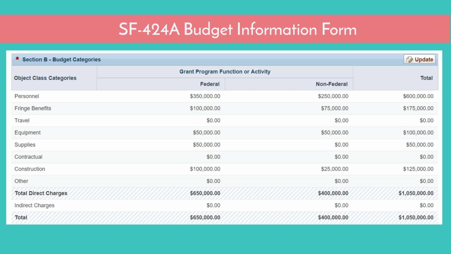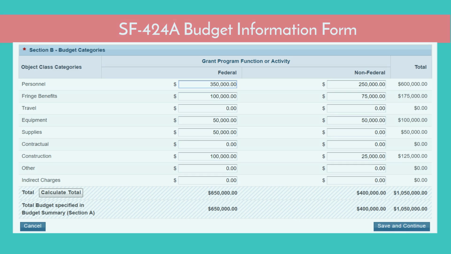You should only enter an amount in the federal column for construction if you are requesting funding for minor alteration and renovation. Also, only enter equipment purchases over $5,000 per item in the equipment line. If it costs less than $5,000 per item, include it in the supplies line. The federal amounts in the construction and equipment lines add up to the NAP one-time funding request. This total will populate in Form 1B and must not exceed $250,000. Again, click Save and Continue for the system to add up the totals and move on to Section C.